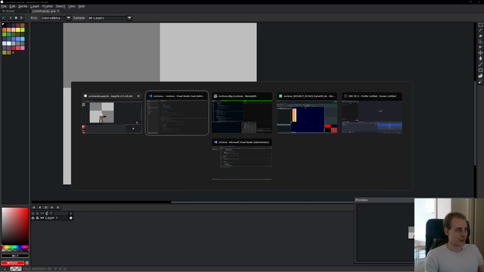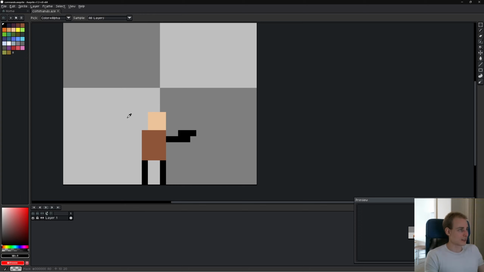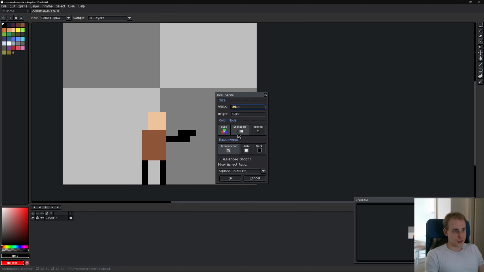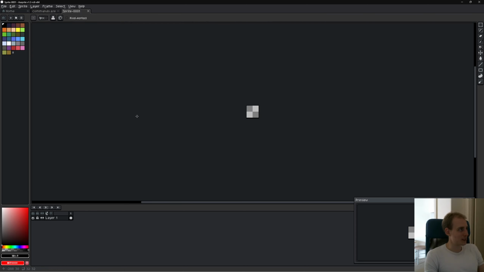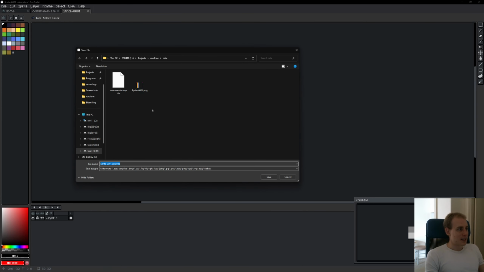Okay, so this is the kind of thing you would. Okay. File new. 32 by 32 RGBA, transparent, square pixels. Okay, so let's save that as